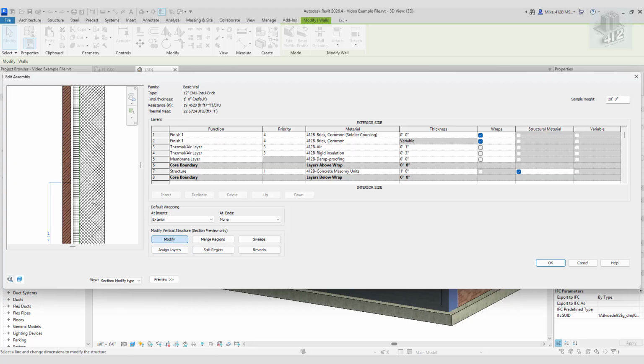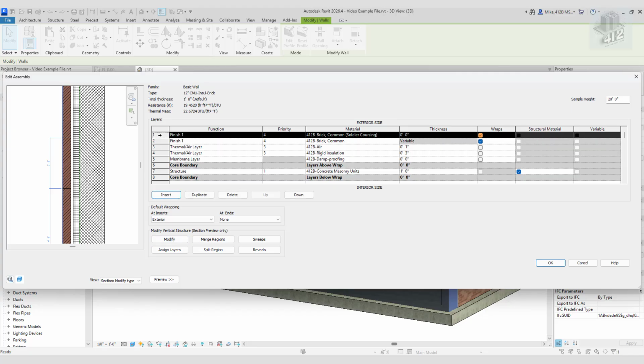I want to hit Modify, and now if I click on this, I can say I want this to be 4 feet. I want to hit another split region and go up to here, and now I want to hit Modify, pick this line, and set this for 2 feet, right? So now I want to highlight this new soldier coursing and say Assign Layers, and pick this. What it's going to do is turn it into the soldier coursing. So now if I was to hit OK,